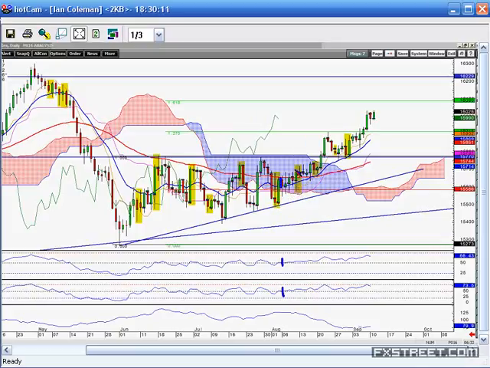Okay, then we get a bearish outside bar that takes out both of our moving averages, and then we break to the upside. We break to the upside and we reject 127. Now, those of you that follow me know I'm quite fanatical about fib levels, okay, and 127% makes up a lot of symmetrical patterns, so you've got to be wary of 127, but you've also got to be wary of the trend. So we get a reaction off 127,